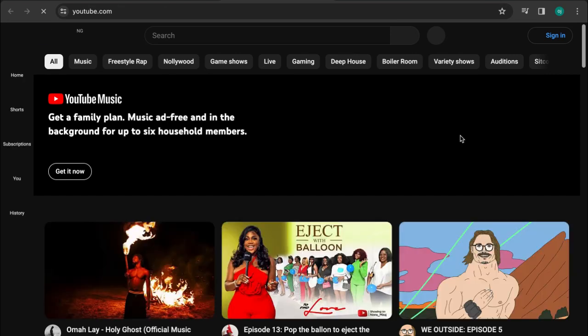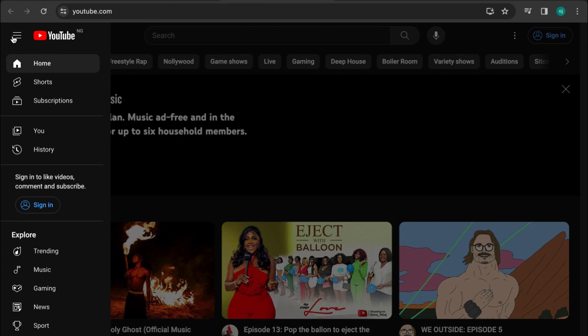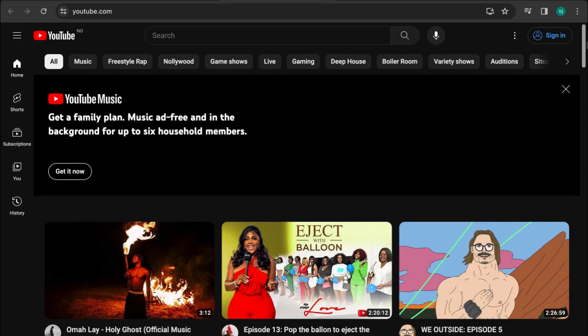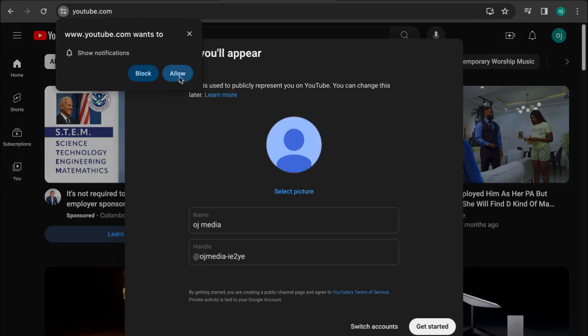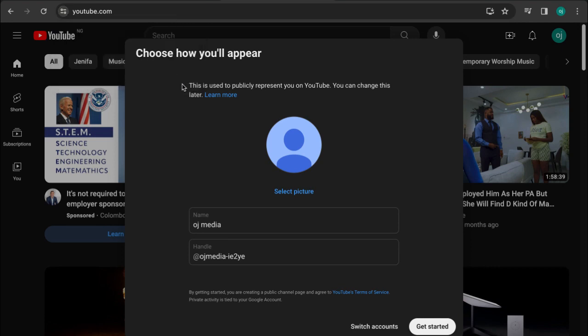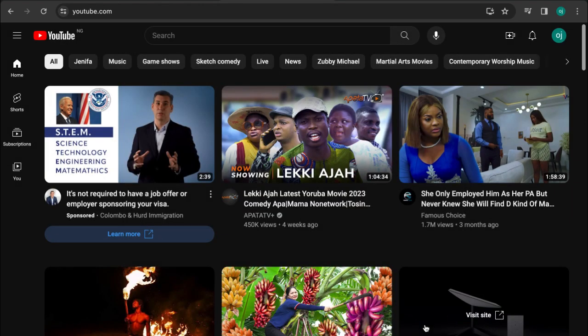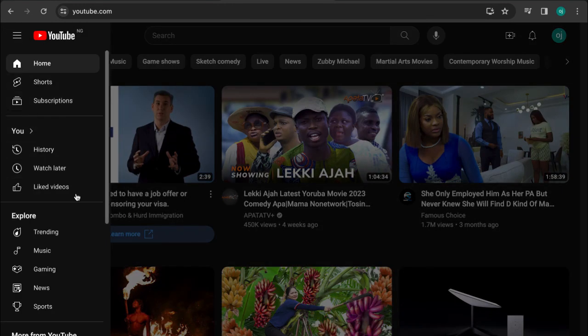So what are we going to do now? We have to sign in once it loads, because you haven't signed into the Google account. So the first thing you're going to do is just to click sign in. Once you click sign in, automatically it signs in. But once it signs in, you see this thing that shows how you want it to appear. This is when you're creating. Please get started. You click get started. So once you do that, automatically you have already